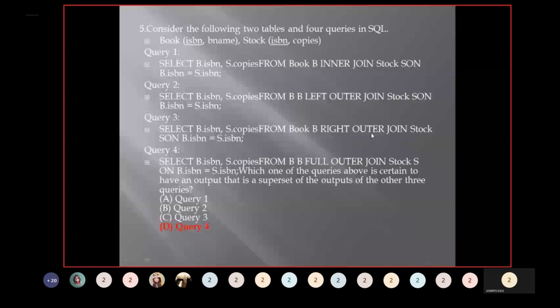When you are using the right outer, return the right hand side record that is presented in a left hand side table. Okay. In query 4, they are using the full outer, which means return the entire record that is presented in both